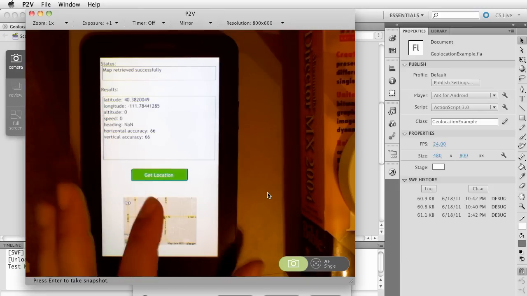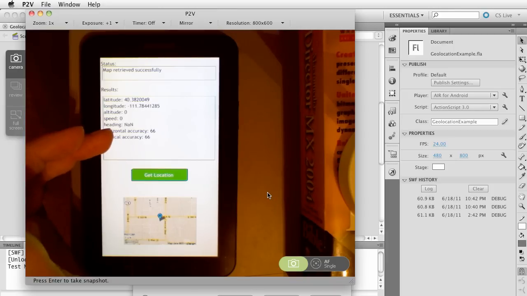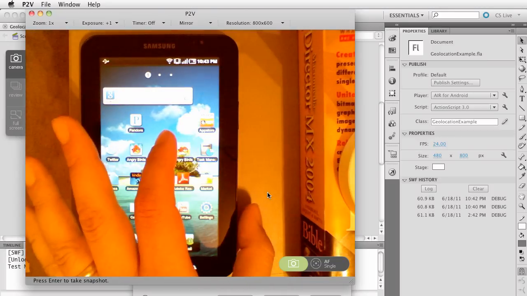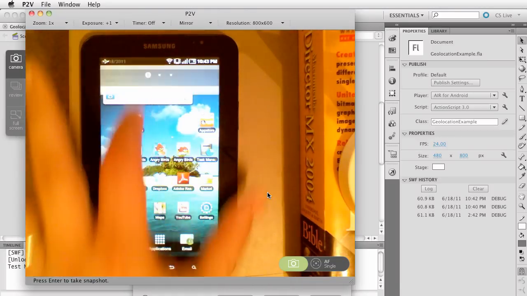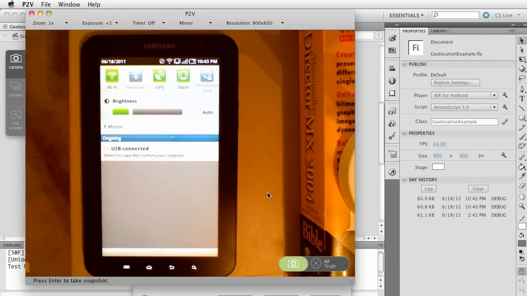Now, let's click that again. Let's see what other kind of information we get. Now, notice that it says horizontal accuracy and vertical accuracy 66. So that's in meters. And so this is really based on, it looks like what it's doing is it's pulling from the actual Wi-Fi. So kind of a coarse location. Let's close out of this. And let's see what I got. So I don't even have the GPS on. So if I go and turn the GPS on,